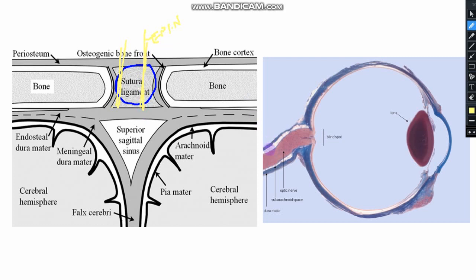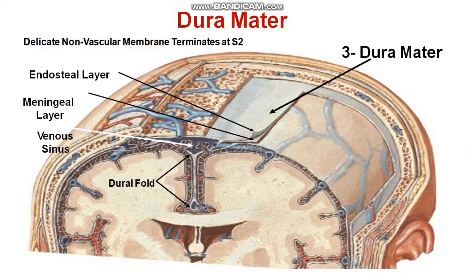Whereas in the orbit, this is the optic nerve, you can see the optic nerve, and this is the dura mater. So this dura mater is over this optic nerve. Later on we see this is the sclera. This dura mater adheres with the sclera here. So these are the three points where and how this dura mater communicates outside of the cranium.